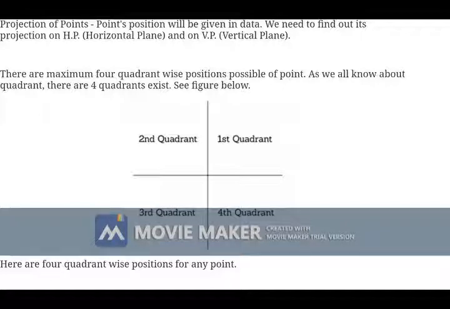So I will tell you why we are not projecting the lines or planes in the other two quadrants, that is your second and fourth quadrant. See this diagram, right? You have two lines, one is a horizontal line and another one is a vertical line. The vertical line you will represent as a vertical plane and the horizontal line is represented as a horizontal plane. And you're going to place the object in the first quadrant, whatever the object it is.